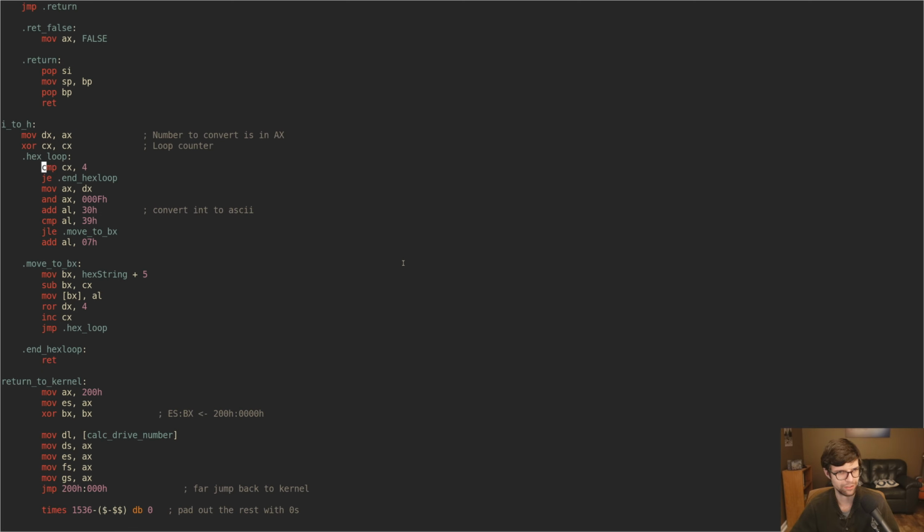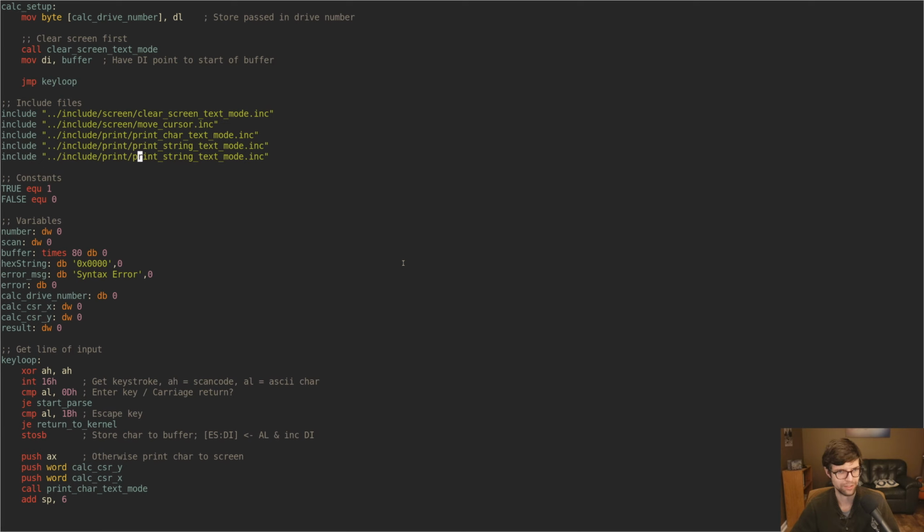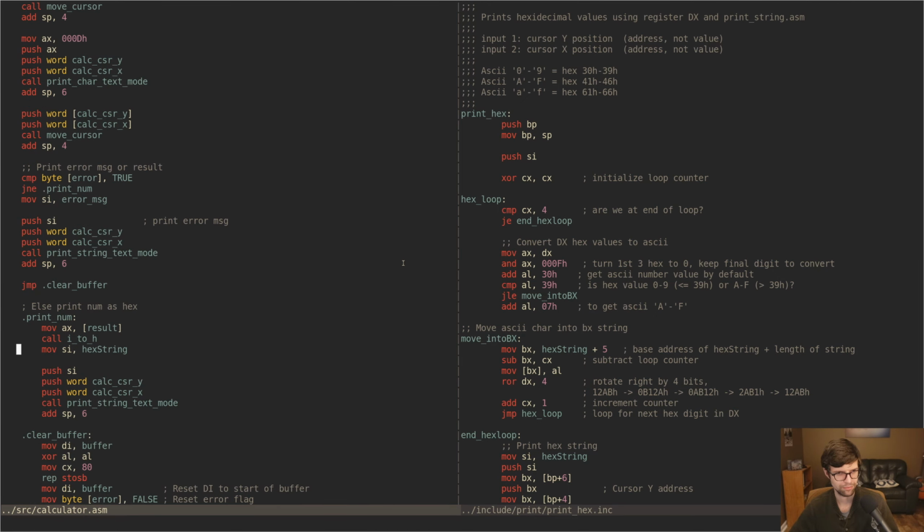So I to H is like a subroutine. I could call print hex instead of doing this, since we have print hex. So let's try to make it work with that, actually. That's the whole reason I made print hex, was so we didn't have to do that everywhere. Let's do that. So when we go to print it, instead of moving the result to AX, we'll move it to DX, and we'll push word calc cursor, push in the address,